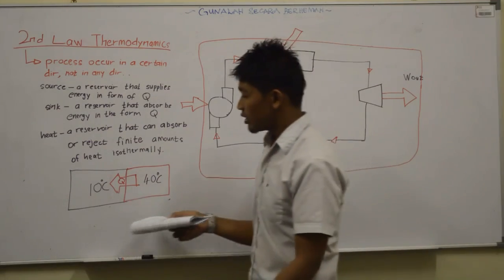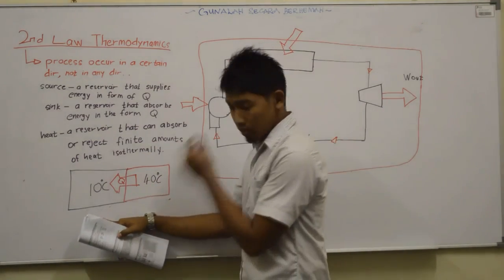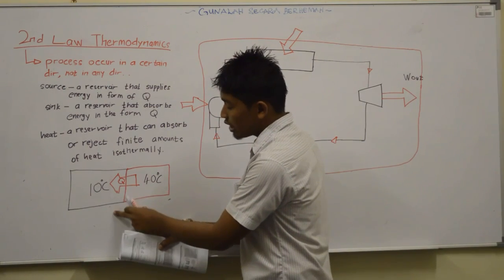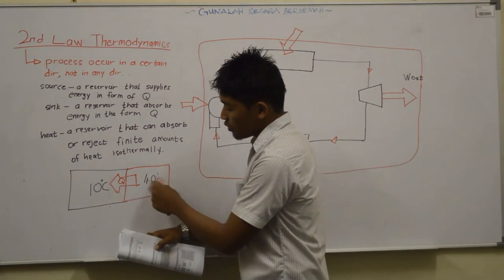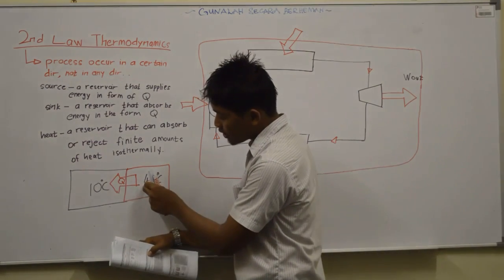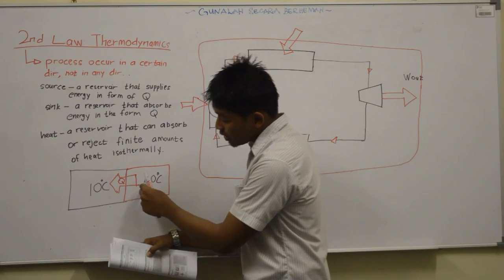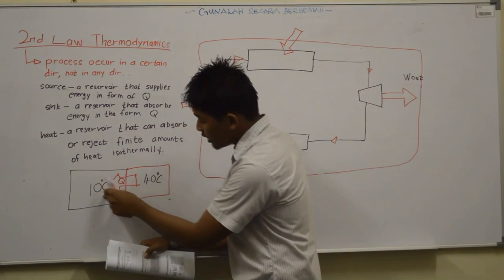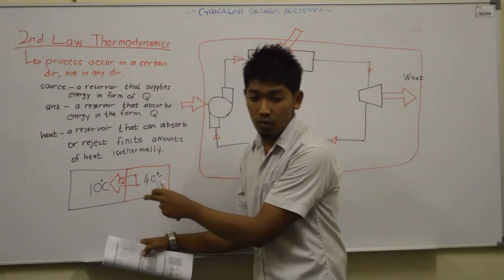Okay, this diagram will show an analogy of how the second law of thermodynamics happens. So this diagram shows that heat moves from high temperature to cooler temperature. So from 40 degrees Celsius, it has a high heat. This heat will move to 10 degrees Celsius, which is slightly lower than this temperature. Then we proceed to